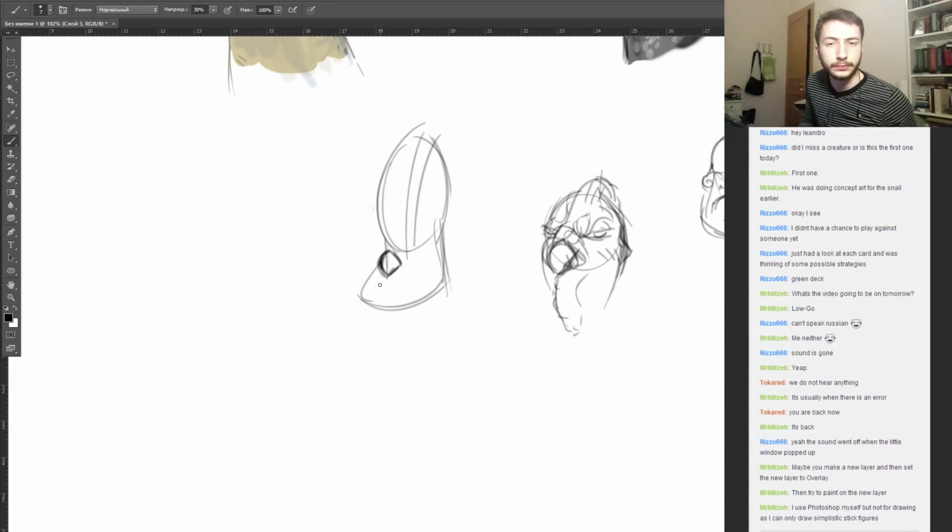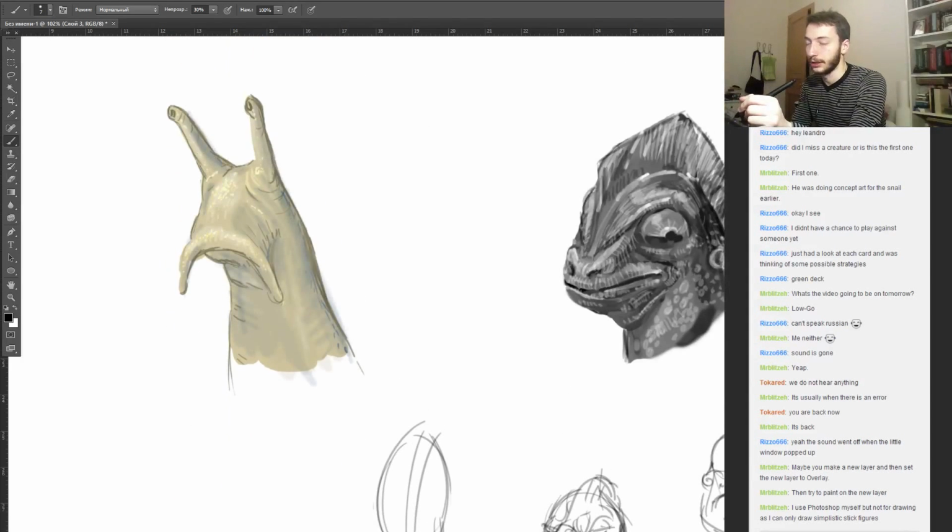Maybe, yeah, but Mr. Ability says maybe you make a new layer and then set the new layer to overlay. I'll look into that later. I don't want to spend any more time on this today. I'll just draw other stuff, and I'll figure it out. But basically, what I wanted to do is